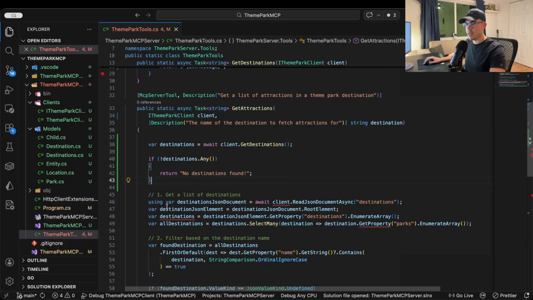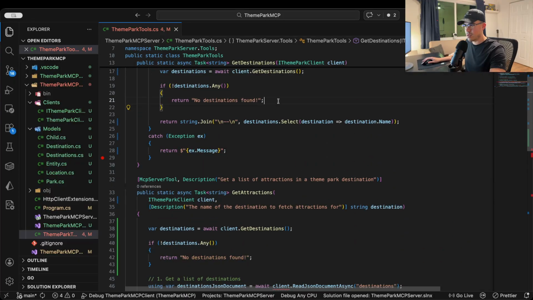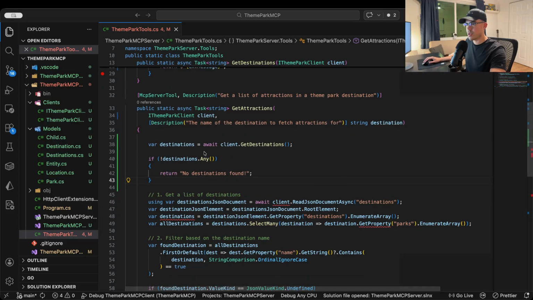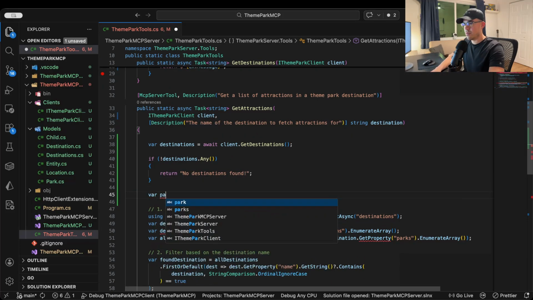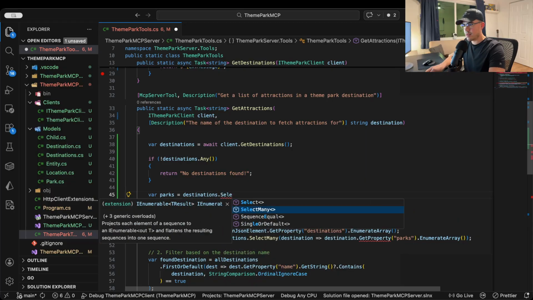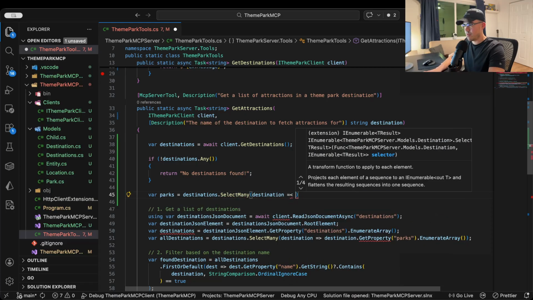So now we have our destinations. You see, now we don't even have to really do any of this. All right, so we have all the different parks, destinations. Let's see, all destinations. I think last time, let's see, parks. So let's say destinations. And let me just make sure, going back to what we had before. Okay, destinations, parks. So let's say var parks equals destinations, select many, and we'll do destination parks,